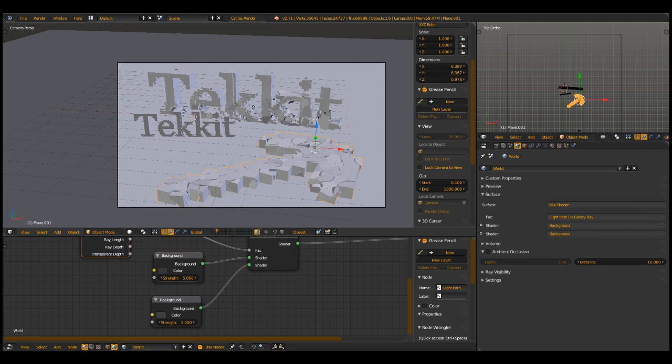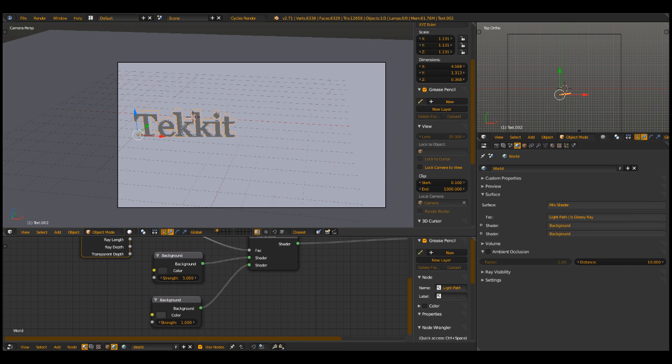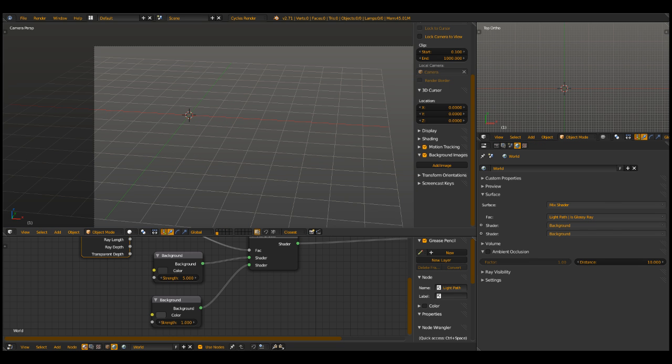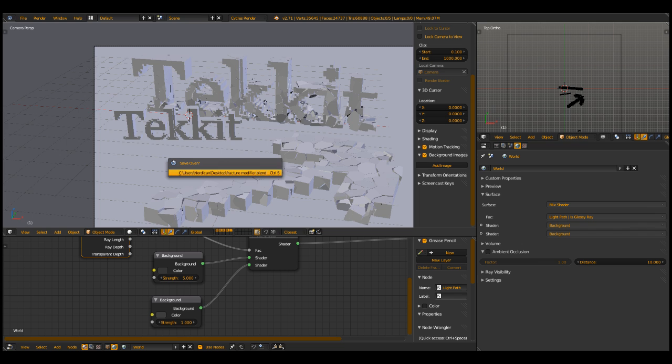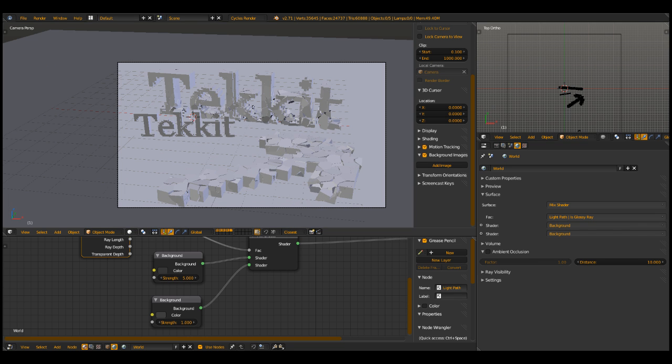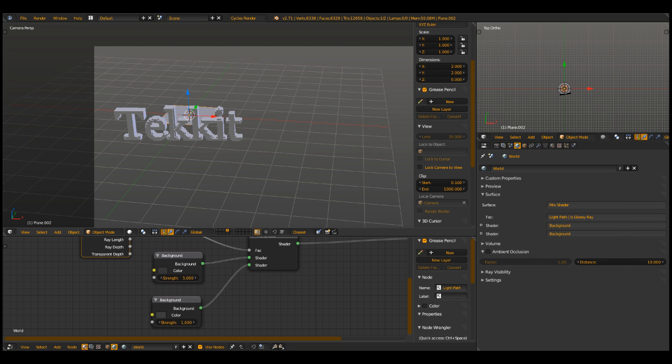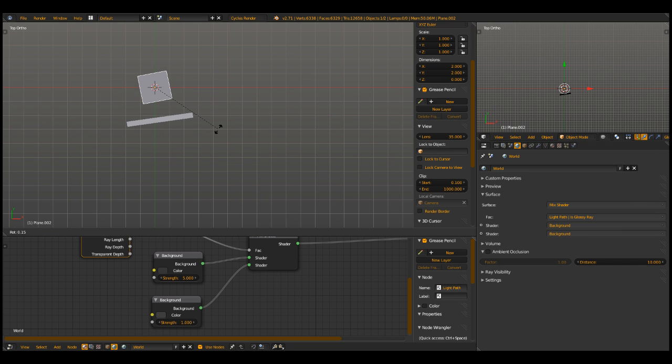And let's see, I want to move that to its own layer. That one as well, and that one as well. Now here. And enable all layers. We can delete that thing here. And on this layer I also want to add in a plane which will light just this text object here. Local